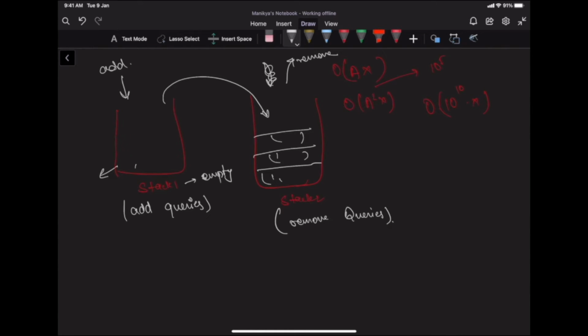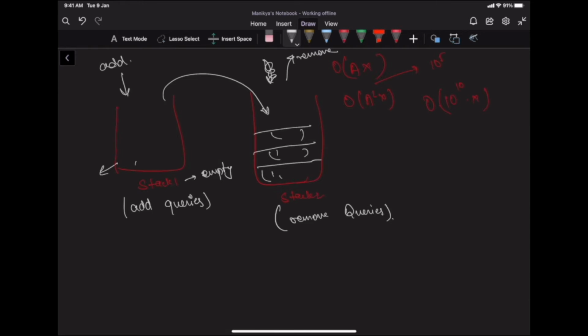So this way, adding a new element to my stack is again an O of X operation, because I just have to check my previous state. Similarly, removing an element from my stack is again O